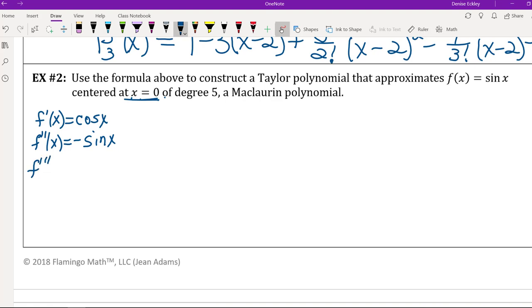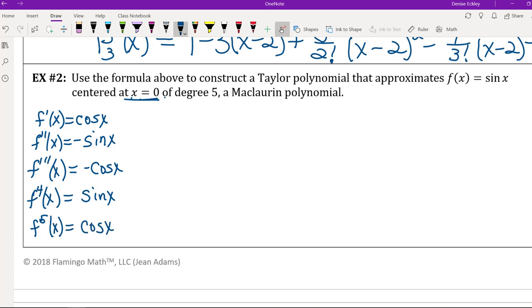F triple prime of x is going to be minus cosine x. The fourth derivative of x is going to be sine x. And then finally, the fifth derivative of x is going to be cosine x. And so then, from there,